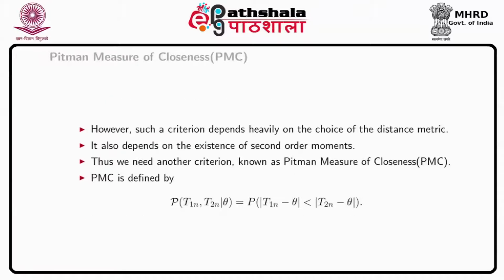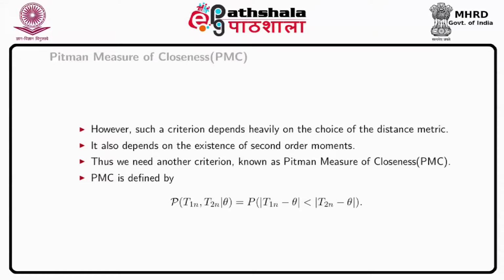However, such a criterion depends heavily on the choice of the distance measure in addition to the existence of second order moments. Thus, we need another criterion known as Pitman measure of closeness, abbreviated as PMC, and this is defined